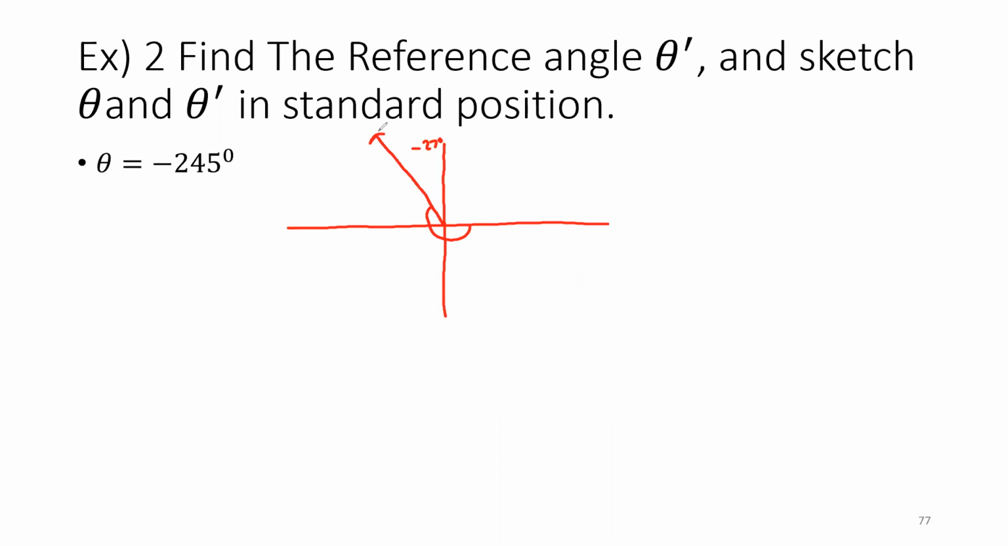Right about here. Okay. So yeah. So how do we find this? Remember, theta prime has to always be acute. So that means it has to be positive. So what we're going to do is